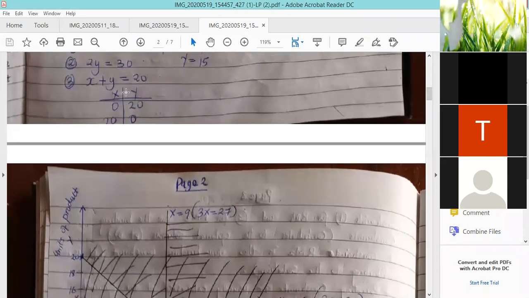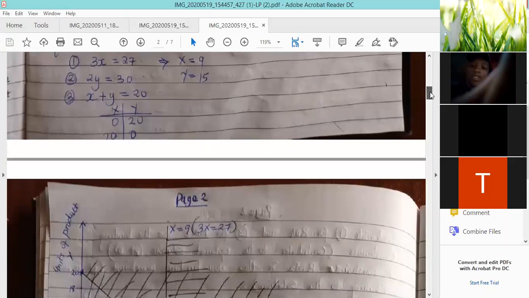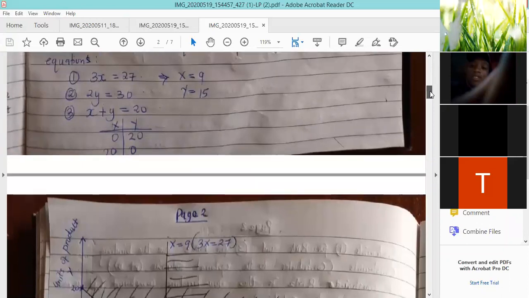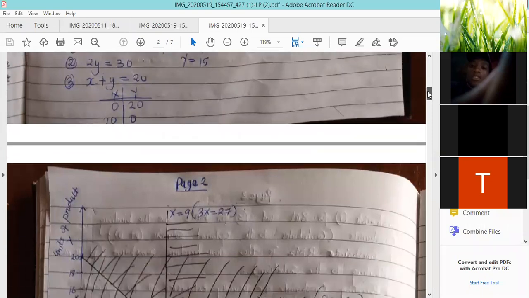And by now, assuming this is an equation, you find the coordinates of x and y at the 2 points. Now, any equation that has only x will be a vertical straight line, and an equation that has only y will be a horizontal straight line on the graphical representation. Why I like solving my points, or looking for the coordinates, in just two ways, assuming an x of 0